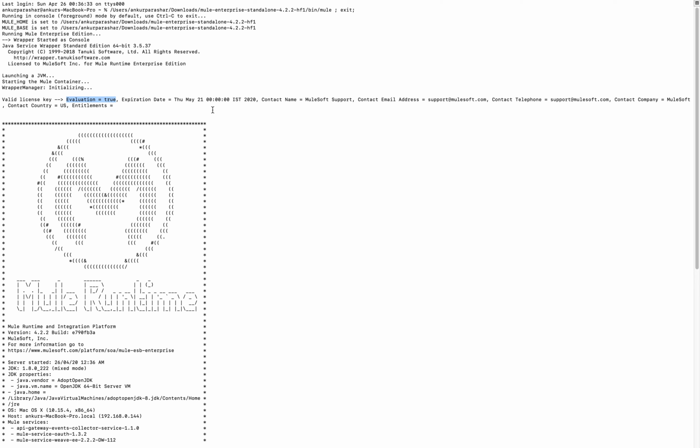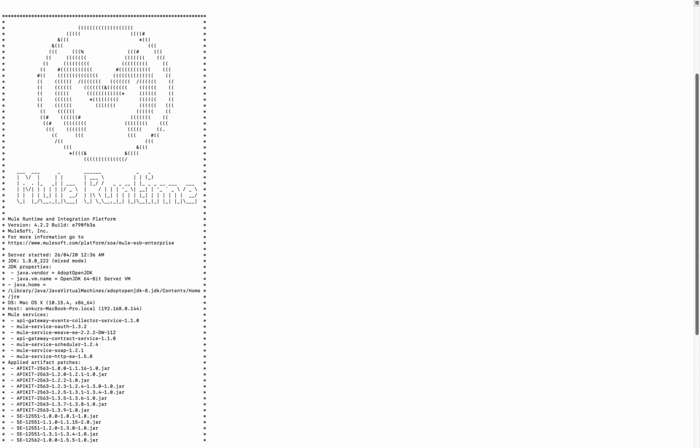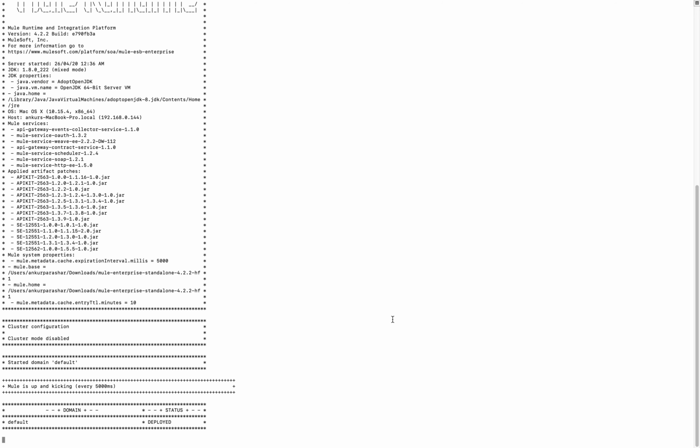This is because I am not using the licensed version, I'm using the trial version of it, and that's why after May 21st it is going to expire. So I will keep that in mind. In the very end, you can see a couple of things like deployed domain, default domain, and Mule is up and kicking. It means your Mule runtime is already started.